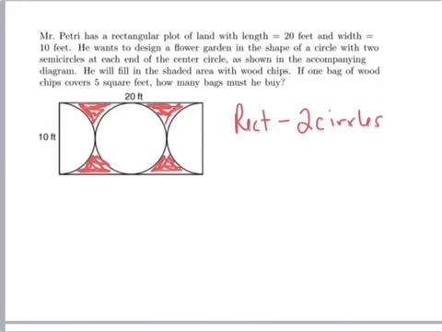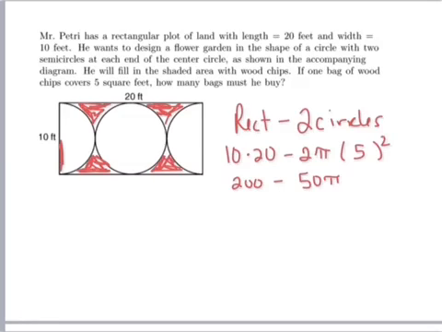Well, my rectangle is a 10 by 20 minus 2 pi times my radius squared, but the radius of my circle is going to be this length, which would be 5. So that's 200 minus, and 5 squared is 25 times 2 would be 50 pi. And now if I do 200 minus 50 pi, we end up with 42.9